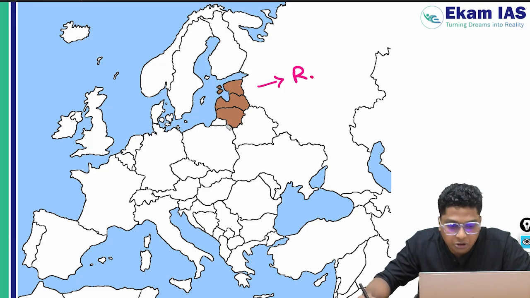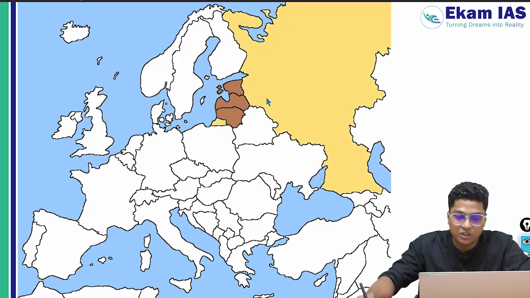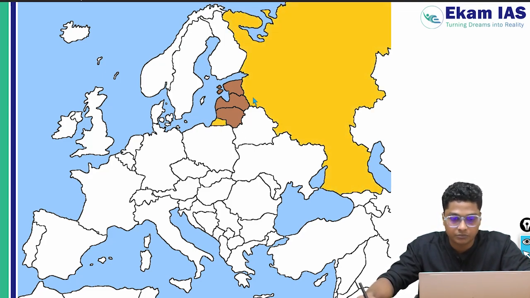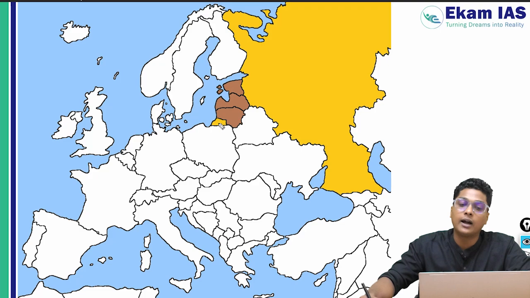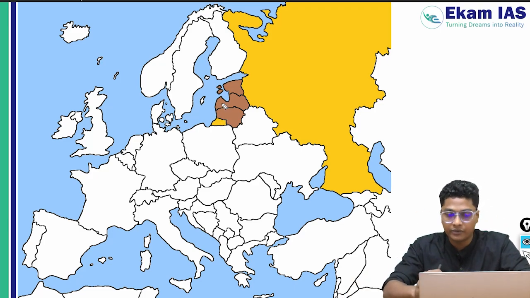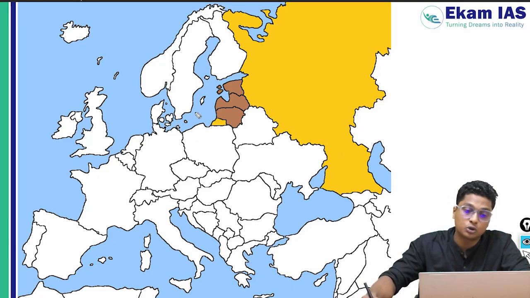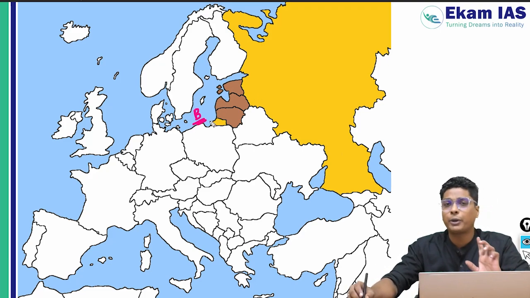Also, you can see here this region, right? This region is also part of Russia, which is called Kaliningrad. Okay. So here this is Russia and this is Kaliningrad, and through this Kaliningrad region, the pronunciation is slightly different, but through this region, Russia has access to the Baltic Sea, and Russia has a peculiar